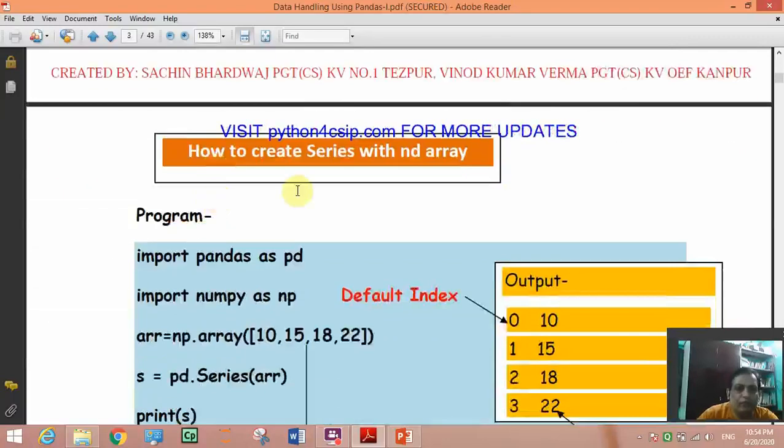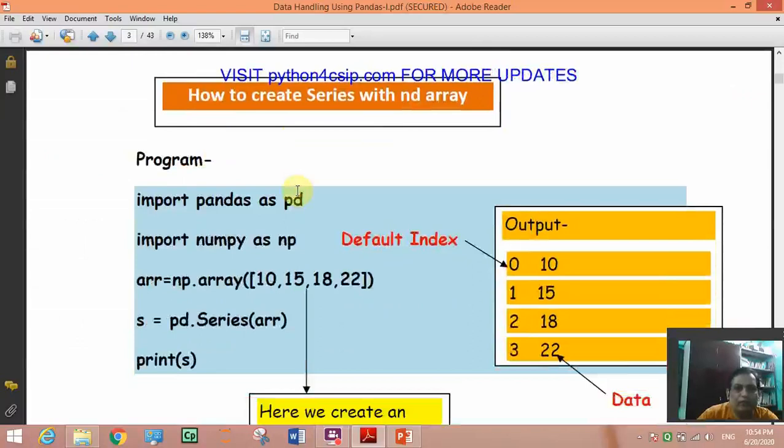Now how to create a series with an array? Already we have seen the numpy array in class 11th. To convert this array into a series, we have to import two modules, pandas and numpy.